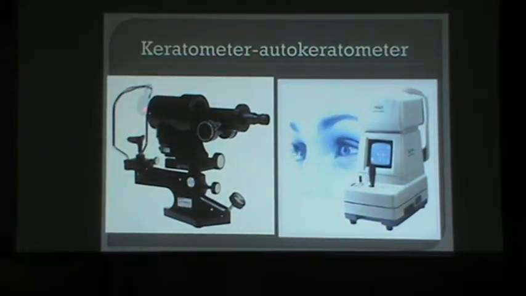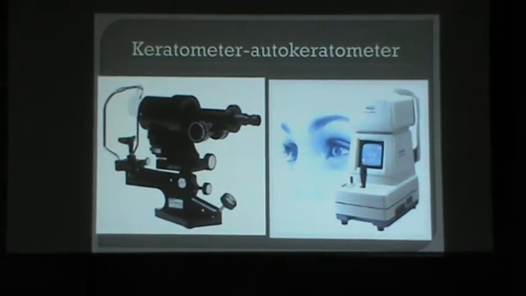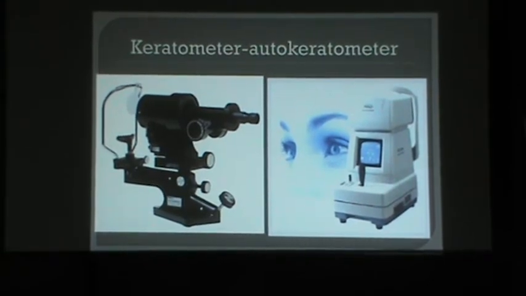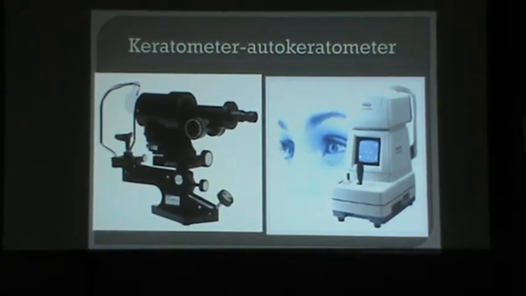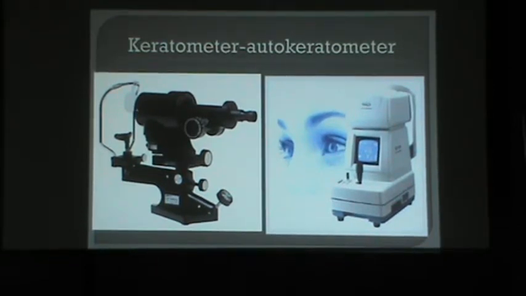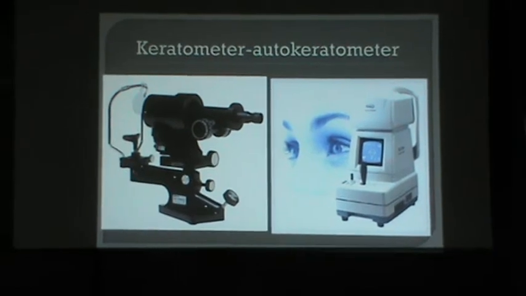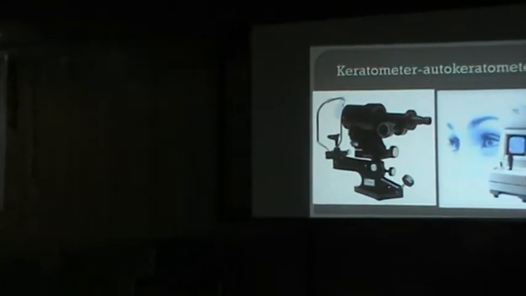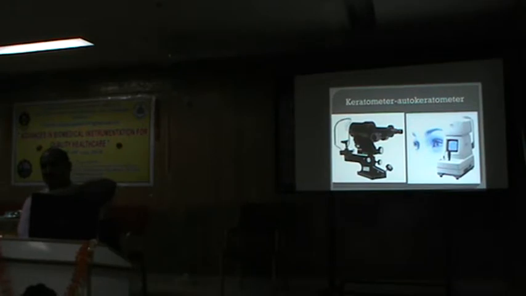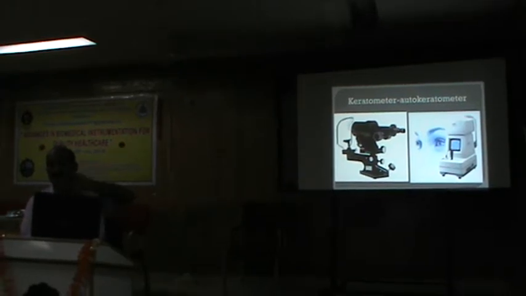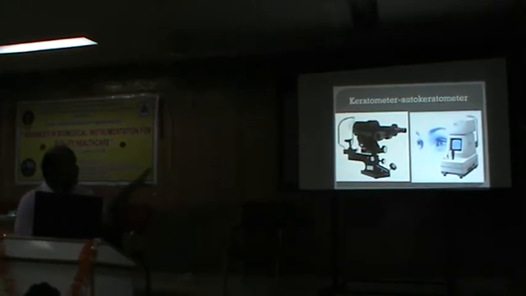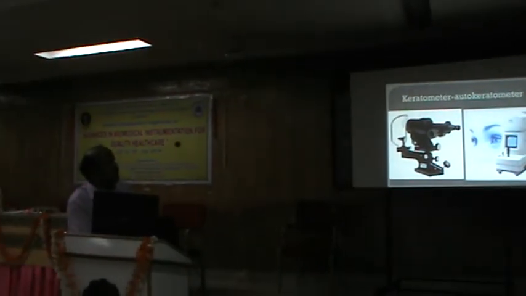This is a keratometer, manual keratometer. Keratometer is basically the instrument which measures the curvature of the cornea. The anterior refracting surface, the cornea, which is transparent, contributes to around 60% of the refraction in the eye, and another 40% is contributed by the lens. And there are some refracting abnormalities over the cornea where there are curvature problems. Sometimes the curvature is very steep, where there is a disease called keratoconus. So these curvatures were measured by keratometer. This is manual keratometer. This is an auto keratometer.